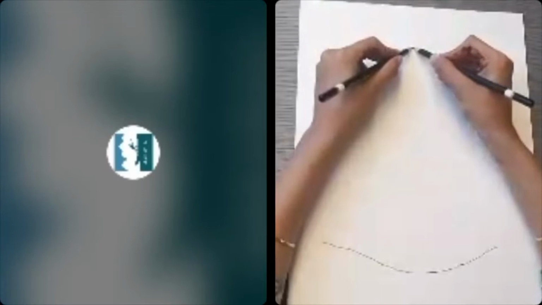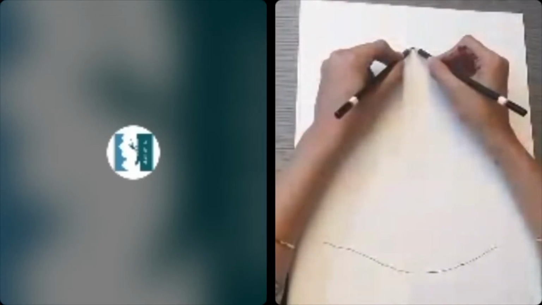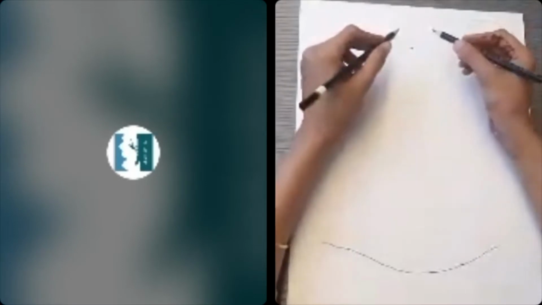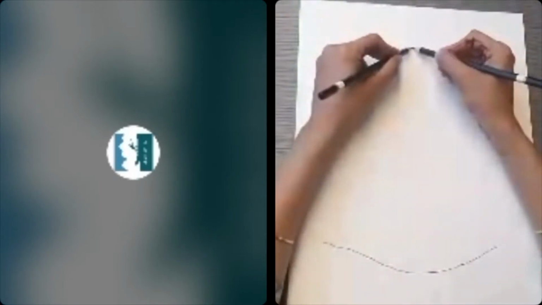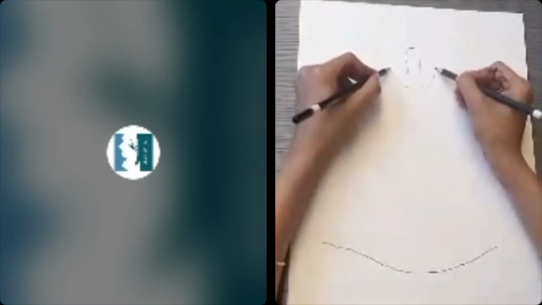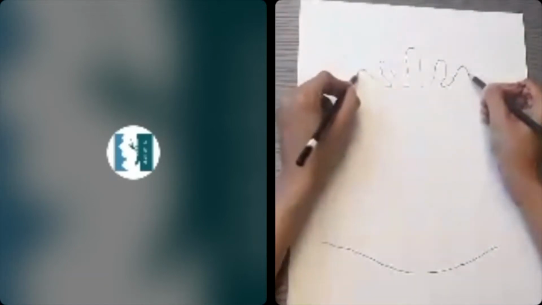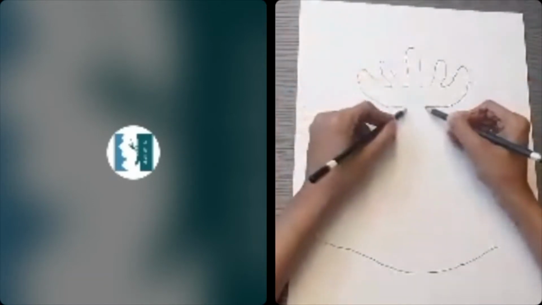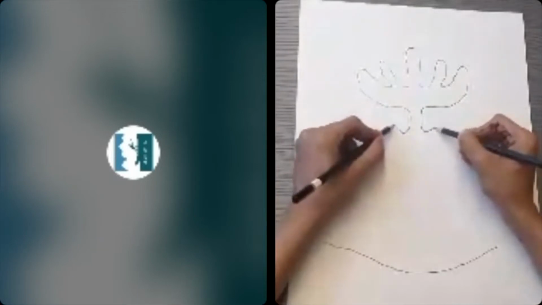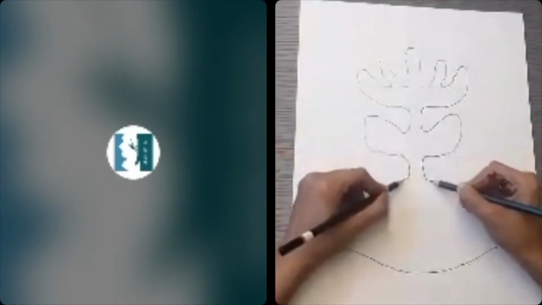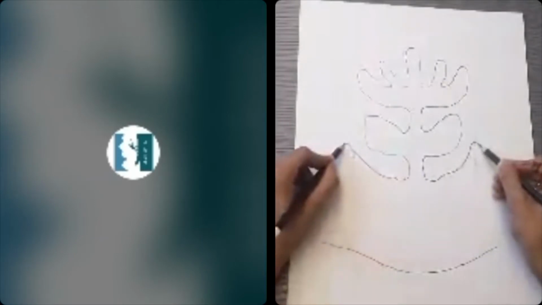Now remember, your drawing does not have to be perfect. We all have one hand stronger than the other, but we're going to make our coral shape by drawing with both the pencils simultaneously on both sides. I'm going to show you some options after this as well. So just watch what I'm doing first, so that you understand how it works, and then you can do your own.